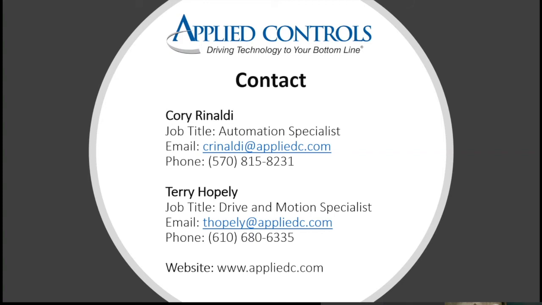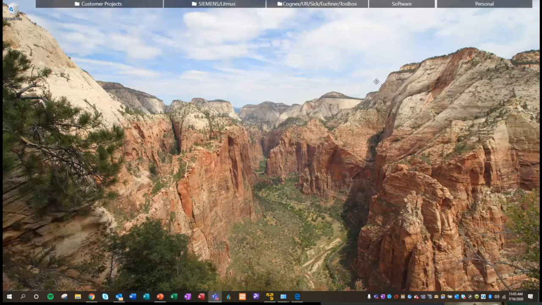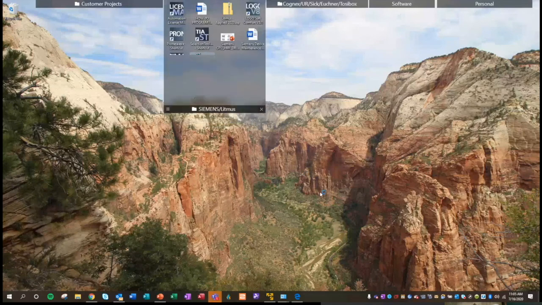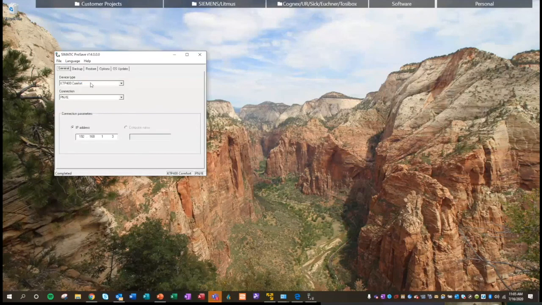So for example, ProSave can be used for modern panels. It can be used for much older panels as well. I just didn't show that. I'll quickly pull it up just so you guys can get a taste of what I'm talking about. Let me pull this up. So I was automatically at the KTP 400 Comfort, but if you scroll up and down